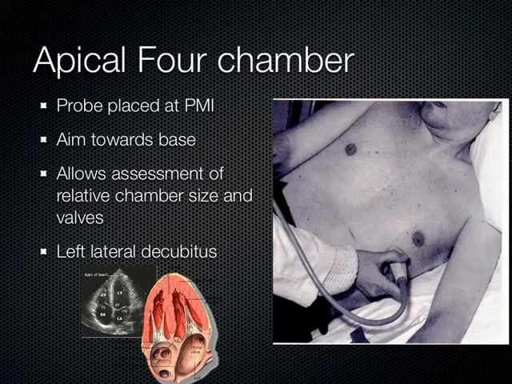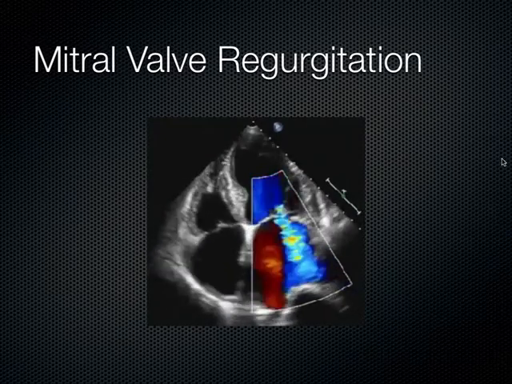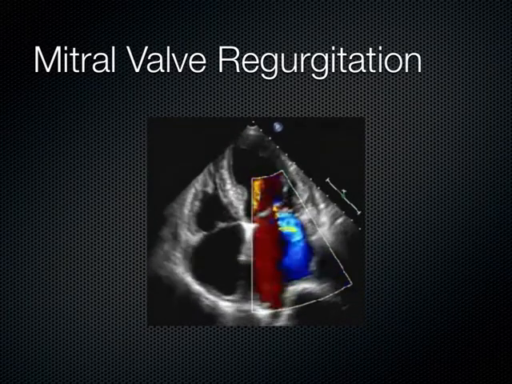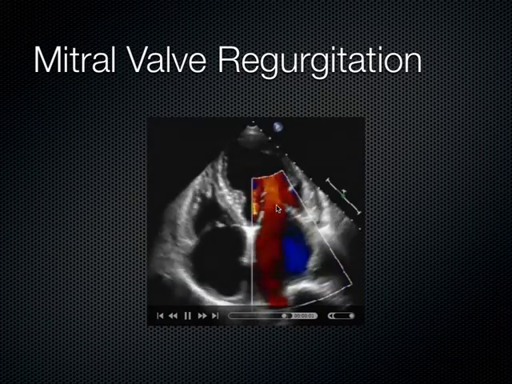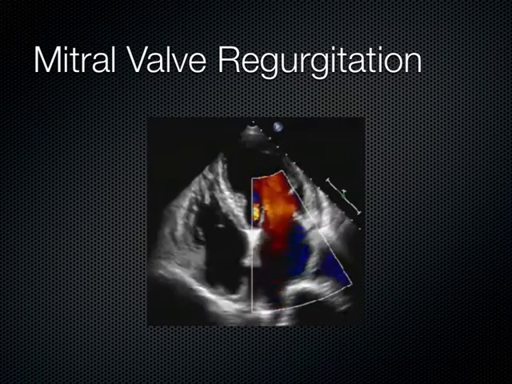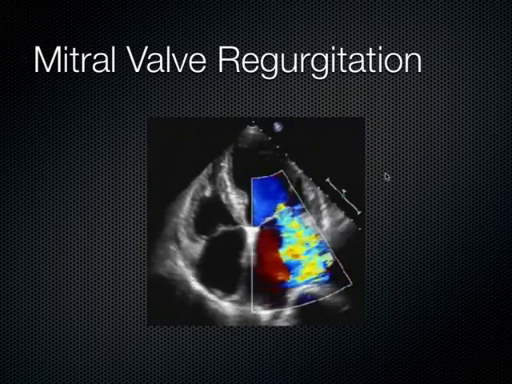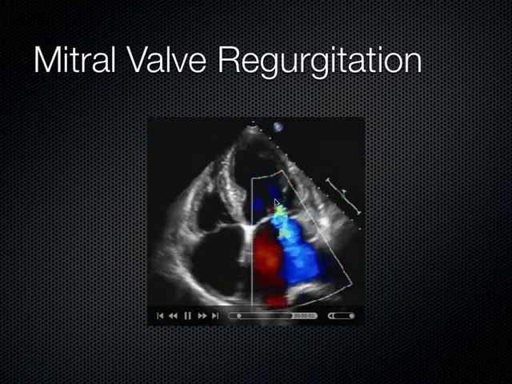Now, the apical 4 chamber is obtained by putting the indicator to the patient's right, and you're really going for the PMI, that little place there on the chest where the apex of the heart comes to the chest wall. And this is made easier when you put the patient in left lateral decubitus, as you're about to see. Now, to look at the mitral valve, this is the best view, the apical 4 chamber view, where we can see BART, B-A-R-T, blue away, red towards. In this case, during systole, there is a blue jet that moves away from where the probe's footprint is